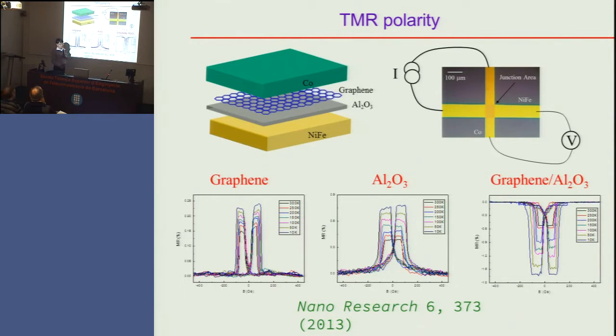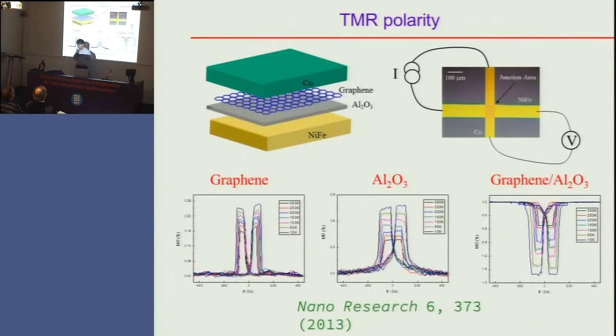But the intermediate layer, I replace with some two-dimensional materials, for example graphene here. I can also put aluminum oxide here. First of all, when I put graphene only, without aluminum oxide, the tunneling magnetoresistance shows this. You see some conventional behavior. If I put aluminum oxide between those two ferromagnetic materials, it also shows conventional behavior. But now I'm going to the third one. They combine together, and it shows negative now, going down actually.